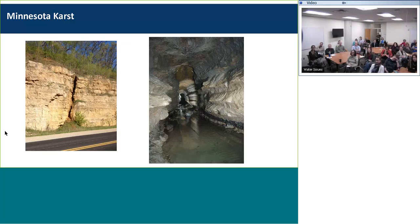Now I'm going to switch gears a little bit and just talk about karst itself. So in southeastern Minnesota, there's a lot of fractured rock, and some of the rock was dissolved through dissolution, which is kind of more of a typical karst. Some of it's mechanically fractured. But from a water resources perspective, what really is the key take-home point is that water moves really, really quickly